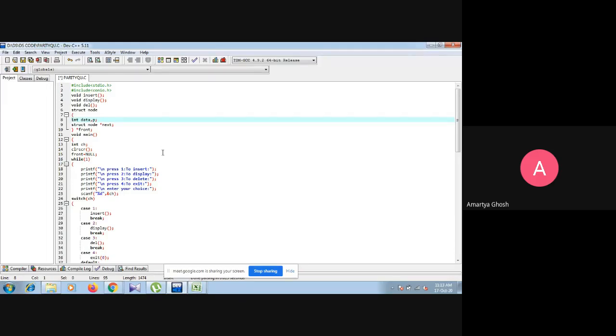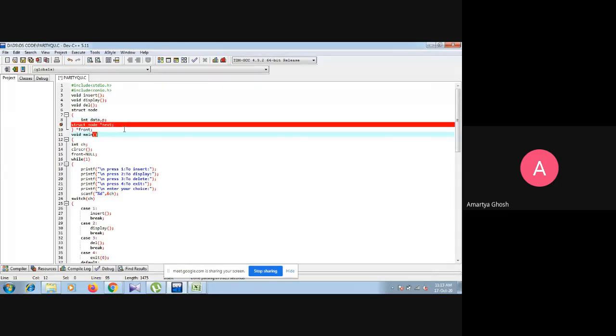Number one is data, number two is priority, that is represented by P, and number three is next.